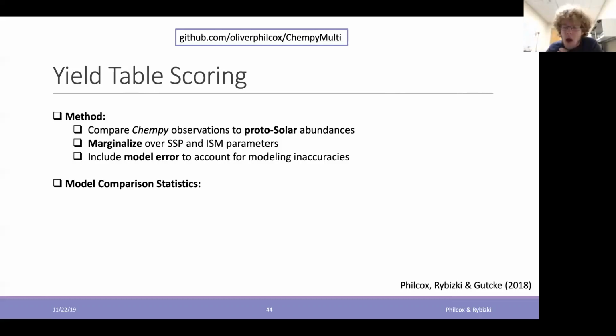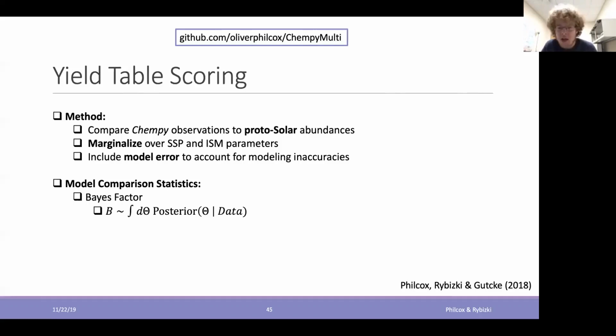Okay, so once we've got this, how can we actually compare models? What I mean by models in this context is predictions from Chempy using different chemical yield tables, so whether we take the supernovae tables from Chempy or the supernovae tables from Nomoto and Prantzos, for example. We use 2 prime statistics to compare this. Number 1 is the so-called Bayes factor, which is pretty commonly used in statistical model comparison.